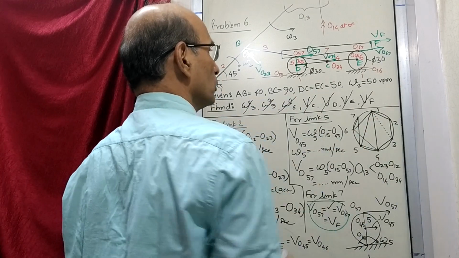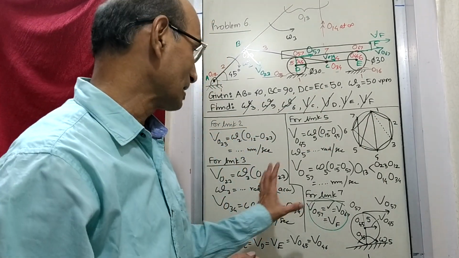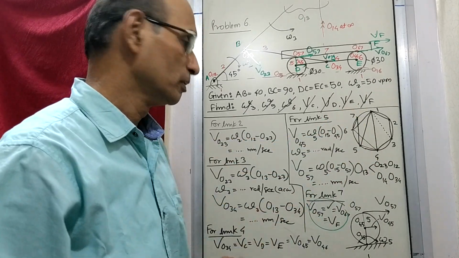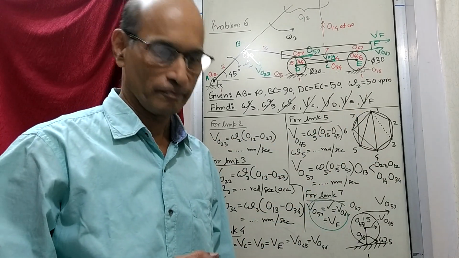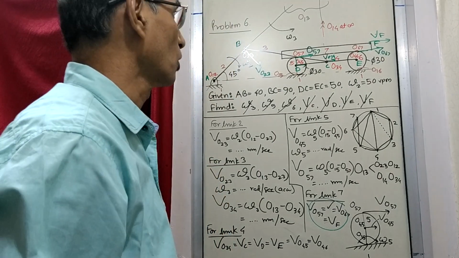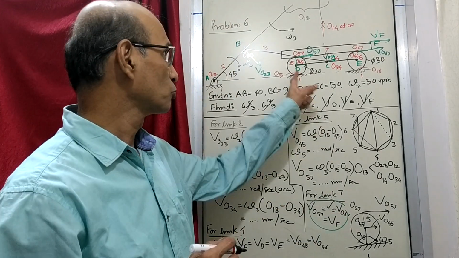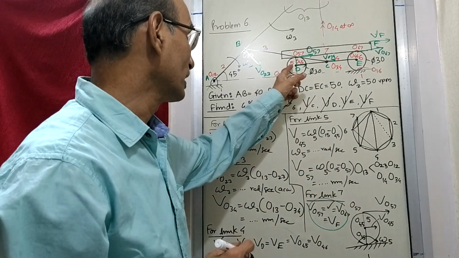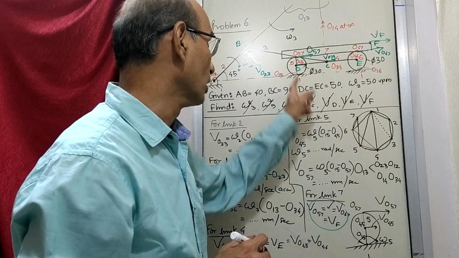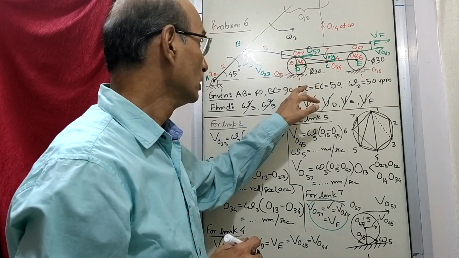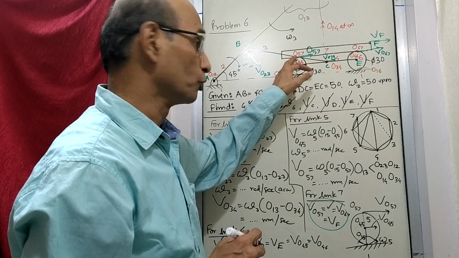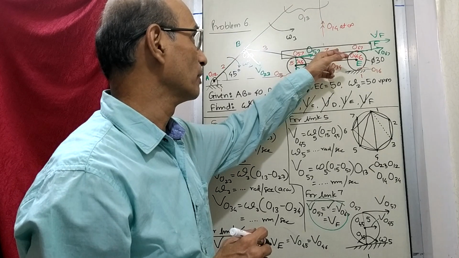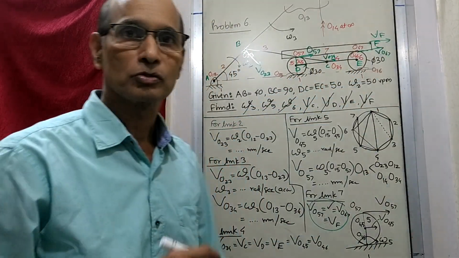So that way you have found out all the velocities that are asked, and this entire problem we have solved by making use of this process. So try to understand how these problems are solved. They are not so difficult. Now in this case this was something new. There is a roller. Roller is rolling. When the center of the roller has got a certain velocity which we have found out, and once you got that velocity, saying that this is a center of rotation, you got the velocity of the topmost point of the circle, and that velocity is same as the slider, and that is how we have solved this problem.